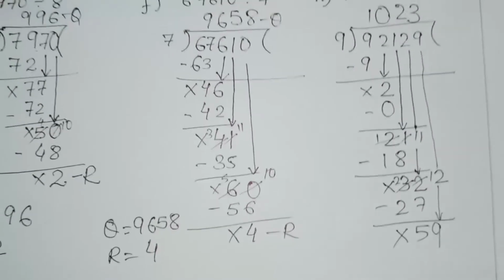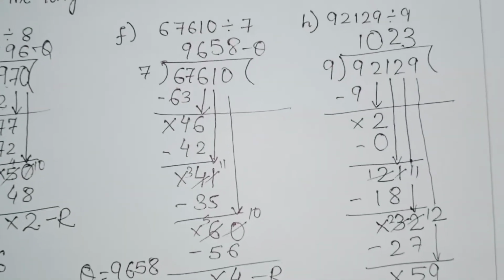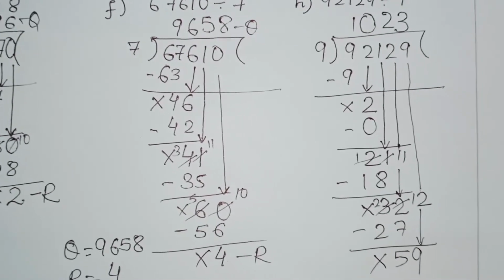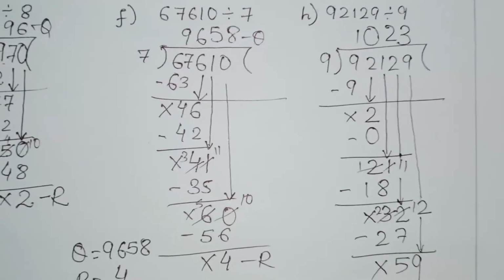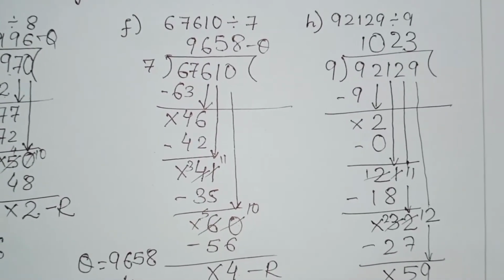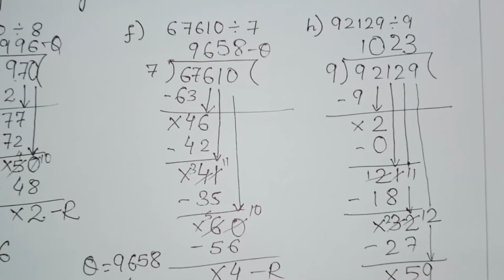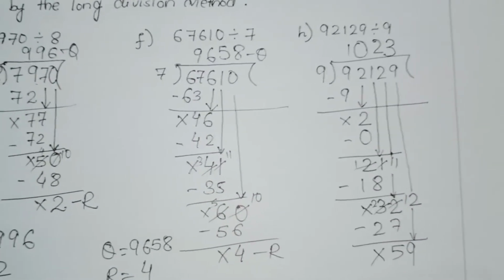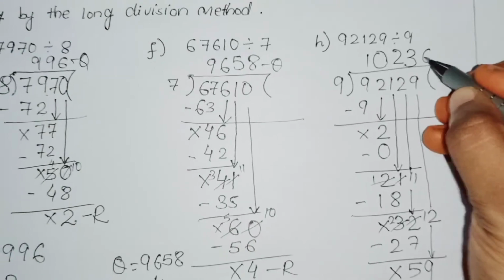59. So in 9 table, is 59 there? Let's read 9 table. 9 1 ja 9, 9 2 ja 18, 9 3 ja 27, 9 4 ja 36, 9 5 ja 45, 9 6 ja 54, 9 7 ja 63. So 9 6 ja 54 is there, 9 7 ja 63 is there, but 59 is not there. So we will write less than this 59. And what is that? 9 6 ja